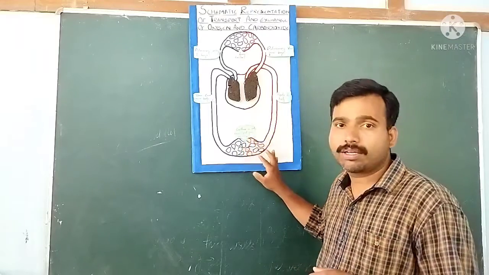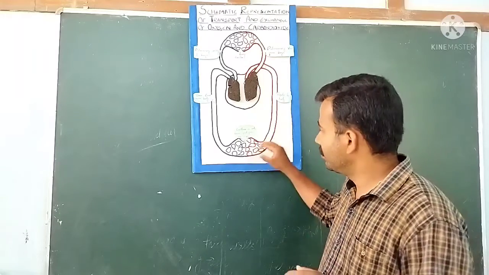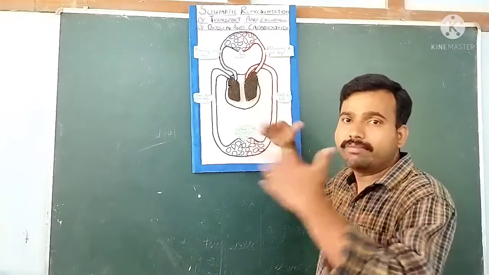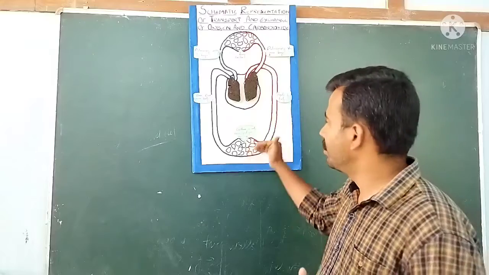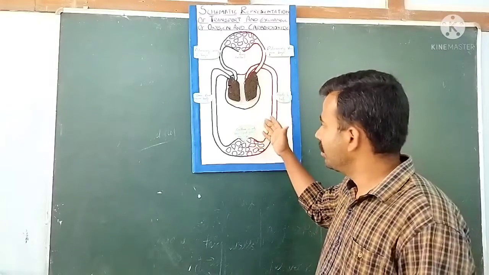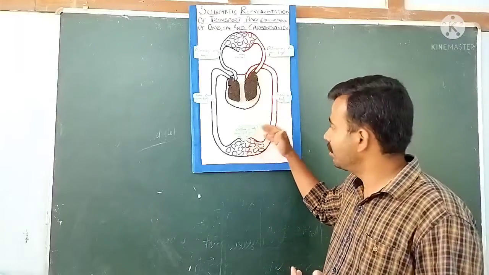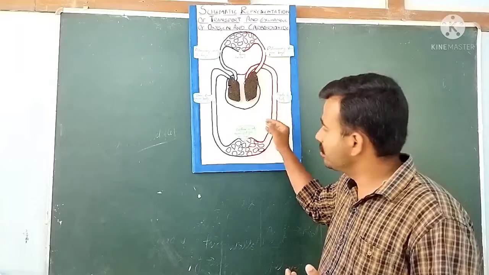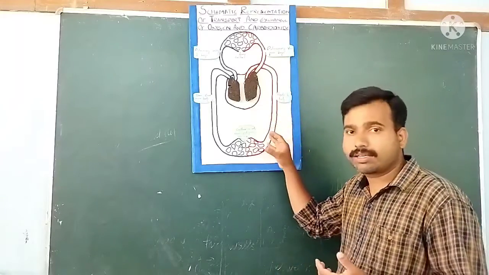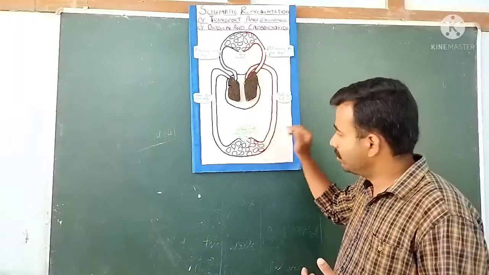When the blood flows under high pressure through these capillaries, the nutrients will be diffused to the surrounding cells, and also oxygen will be diffused into the surrounding cells, and the waste materials will be passed on to the capillaries, and also carbon dioxide which is produced during cellular respiration will be carried into the blood